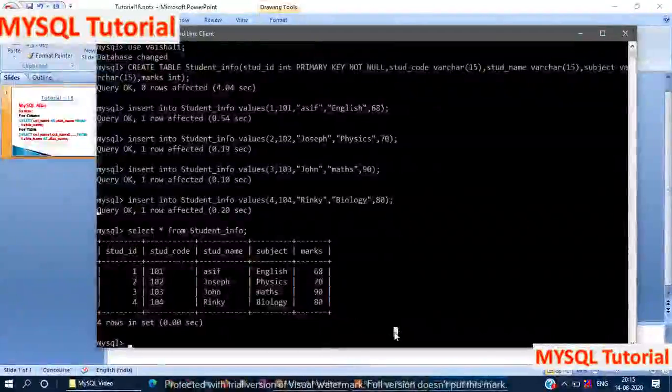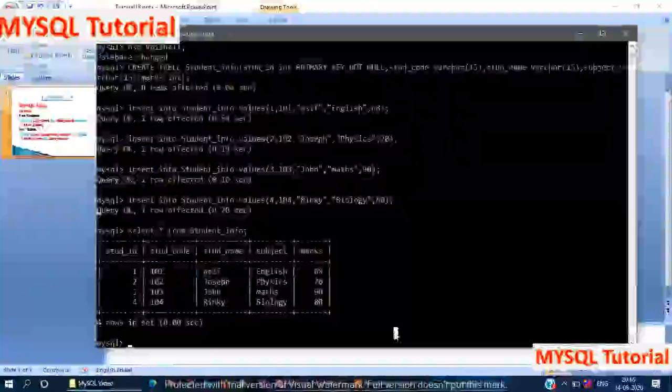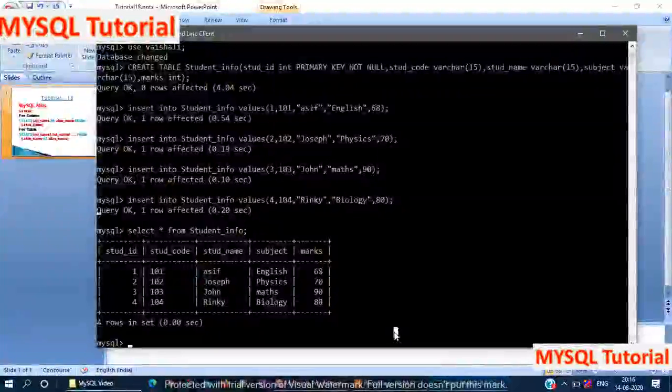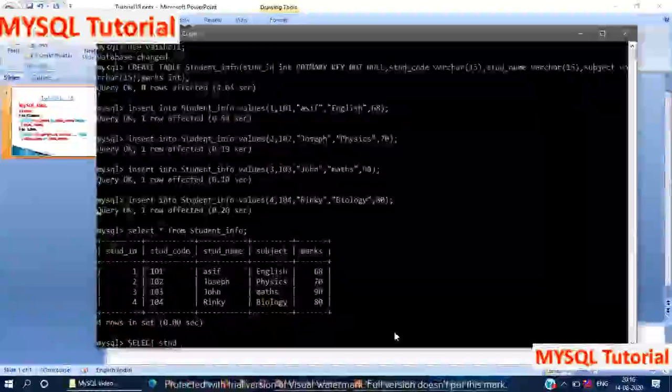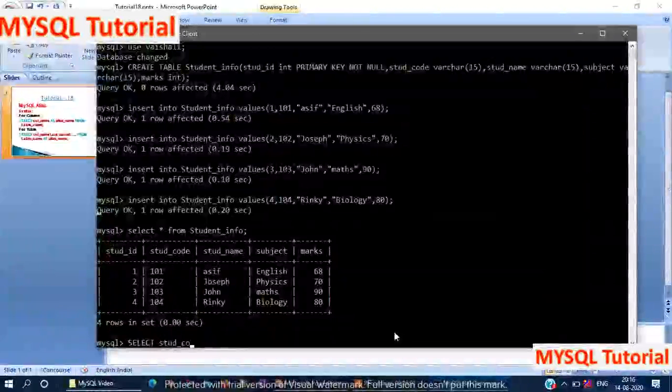Now we are going to use aliases on a column. Select student code.